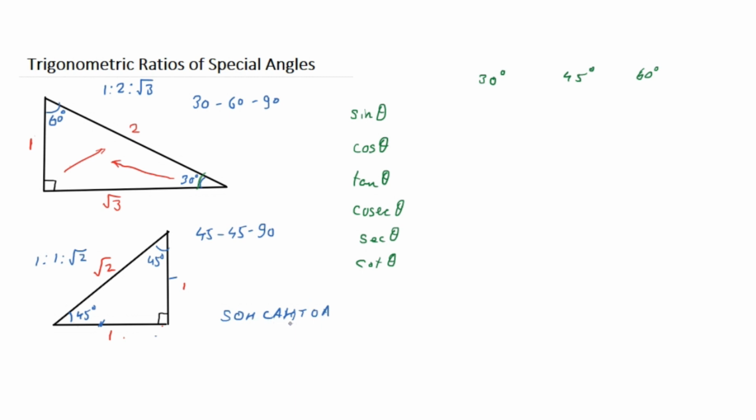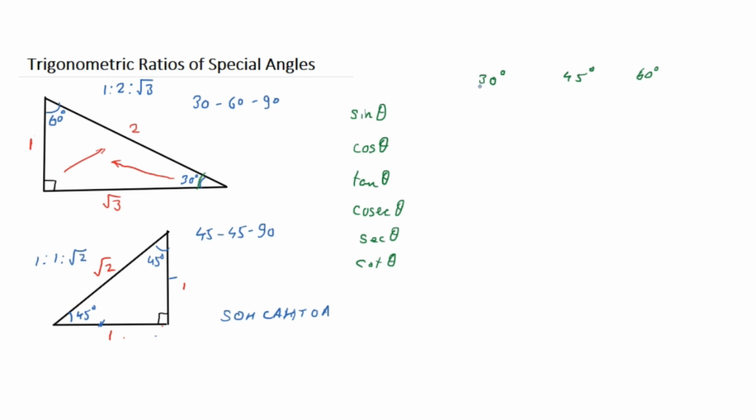And we learned in the last video which is the opposite side, which is the adjacent side, and which is the hypotenuse. Hypotenuse is the side which is always opposite to the right angle. And if you still have some confusion about which is the opposite side and which is the adjacent side, then just refer to the previous video. The link to that video will come in the end of this video. So coming back to these triangles,